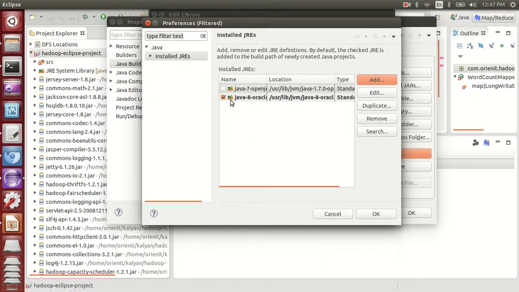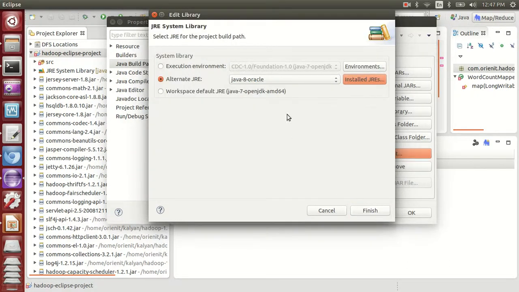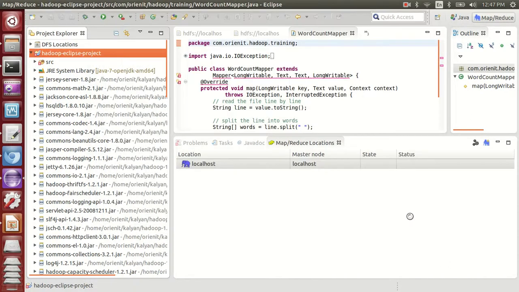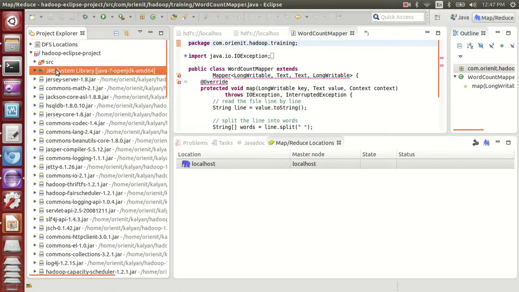Now unselect this one, select this one and say OK. Now your default is changed here; you can choose it, say OK and finish. That is the first change, and now the project version is changed.